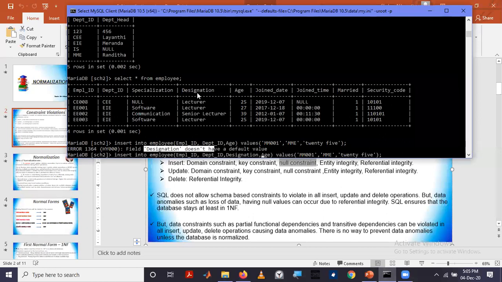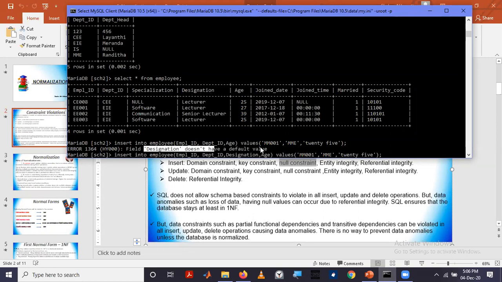If you look at the show create table, you will see that this column has been defined as designation, this data type, then default, not null. That means you cannot keep this one null.